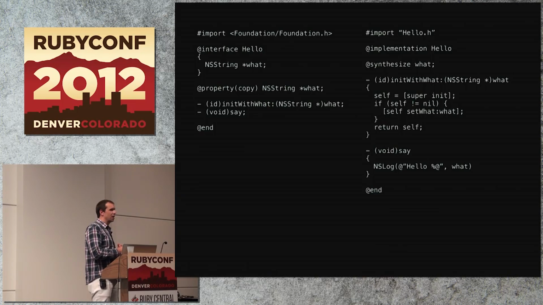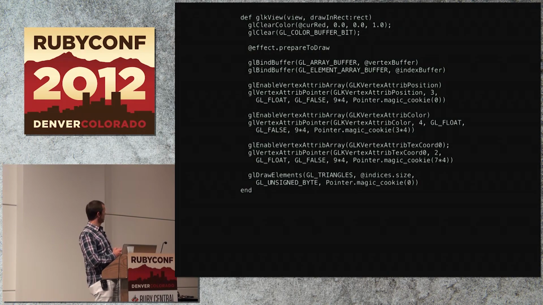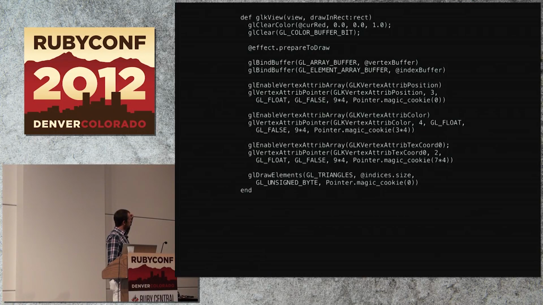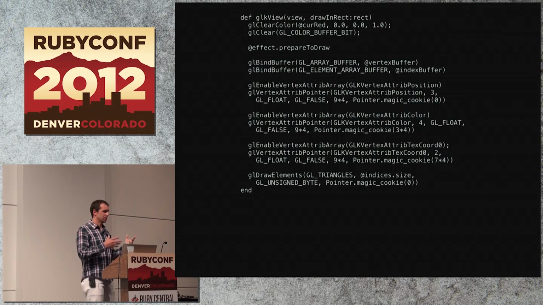Now, that doesn't mean that you're not dealing with the same frameworks. You're dealing with the same frameworks that Objective-C is. It's the same frameworks that are on the phone, on your iPad. As a matter of fact, I'm sorry if you can't see this from the back, but you can code here. This is actually talking to OpenGL. You can code directly to the C libraries. So this is Ruby code calling C libraries, including constants. All the constants available in C are available in Ruby as constants. All the functions available in C are available to Ruby, and you can call them. This is 100% of the Objective-C and C API brought up into Ruby.